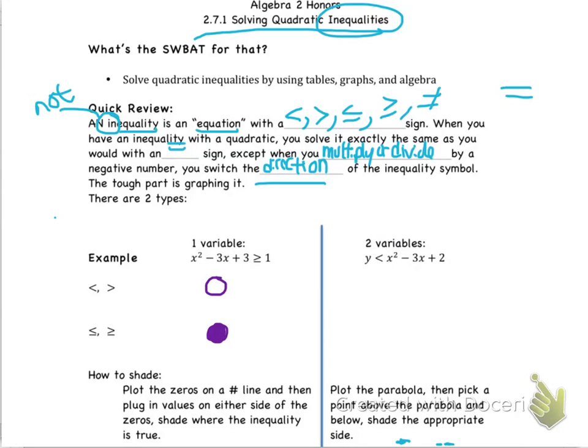Okay, so similarly on two variables, you're still going to have less than and greater than, but instead of having a dot, because you're actually going to be graphing like a parabola or a line or something, you're going to use a dotted line to show that you can't actually equal the line, or a solid line to show that you can actually equal it. And so then once you graph your points or your lines, which I'll show you what I mean about in a second,